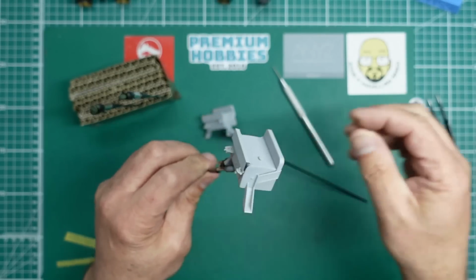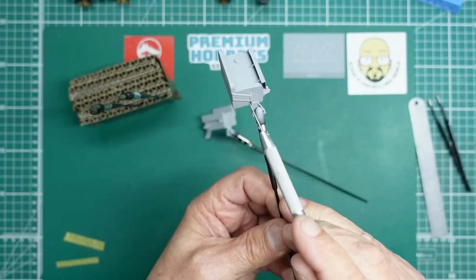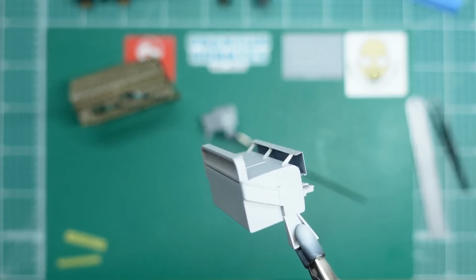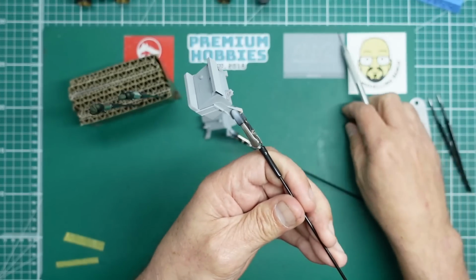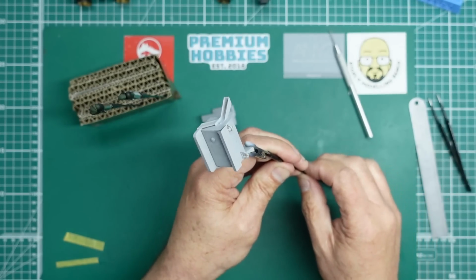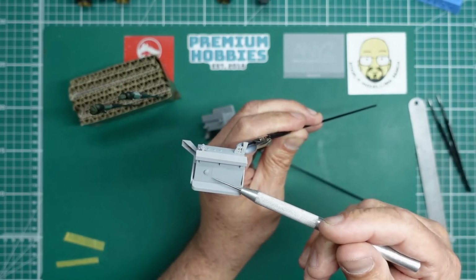This one here, we can see you have a very slight mark there, but I'm not going to worry about that. And there we've got the mark as well from the sanding. So we can just work on that, just lightly sand it, lightly scrape it, whatever. So happy with that. As you can see on this side, we've got the plaque, which is a photo etch